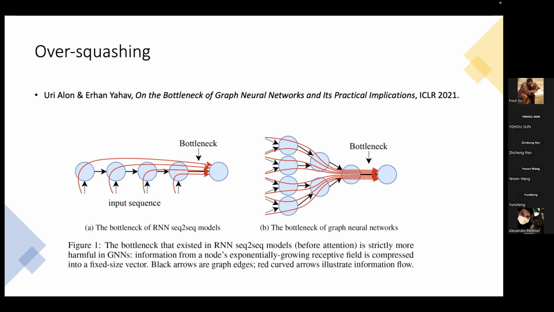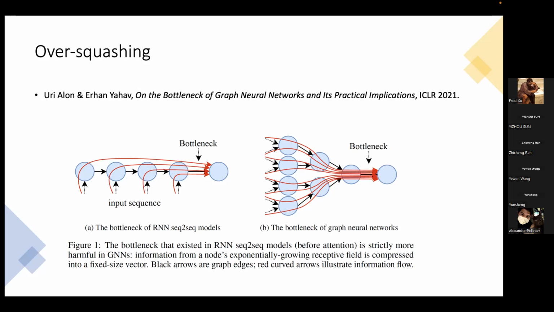Basically, you have the encoder-decoder model, and the hidden states get updated every time, and then your decoder needs to process the final state of the encoder to learn to decode. So all that information would go over to this one node in the middle, which they call a bottleneck. And they claim that with the graph, it is actually a much worse problem